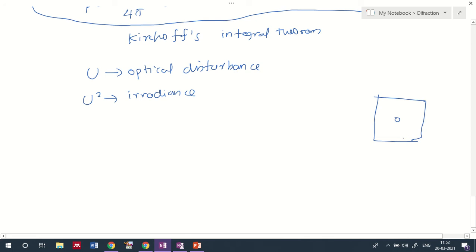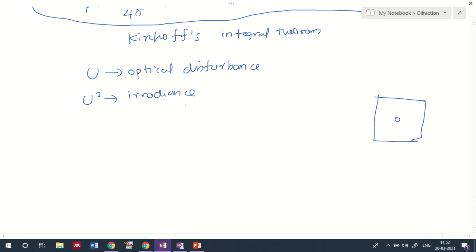So now we have an idea. If you have a rectangular shaped box and you put a pinhole in it, the light traveling through it will produce diffraction. Kirchhoff is actually saying that you take an area, and in that area there is a small portion where the wave function will be infinity. If you want the integration over the entire area, you have to remove that smaller area. So Kirchhoff only considers the integration over that small area and the large enclosed area.